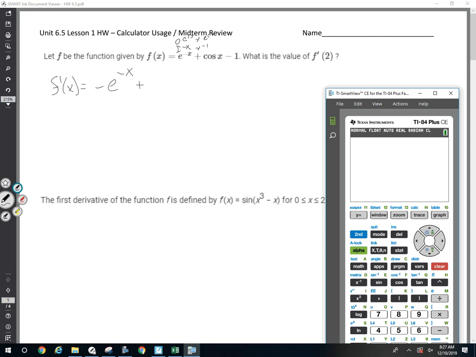The derivative of cosine is negative sine. Remember, we're talking about the derivatives now. The derivative of 1 is 0, not x. Okay, so like we've been doing antiderivatives. Now that we're doing derivatives, you got to remember how to go back to the normal way of things. And then if we plug in,